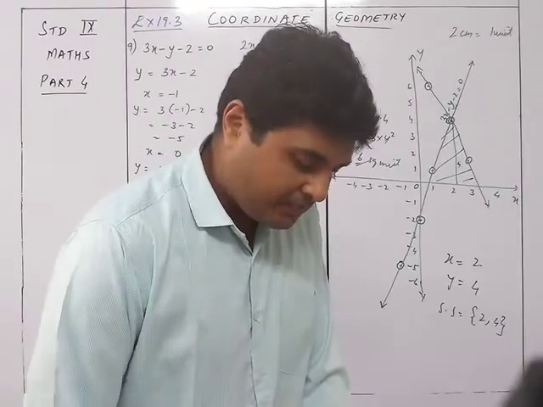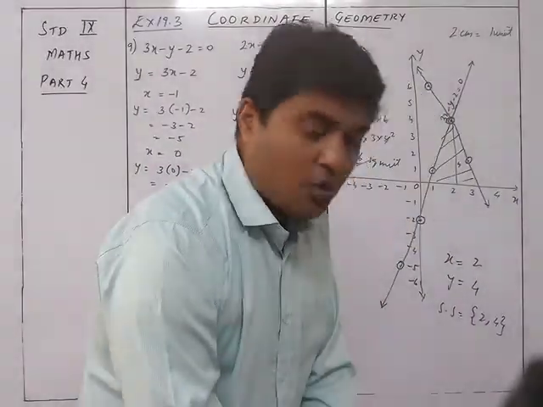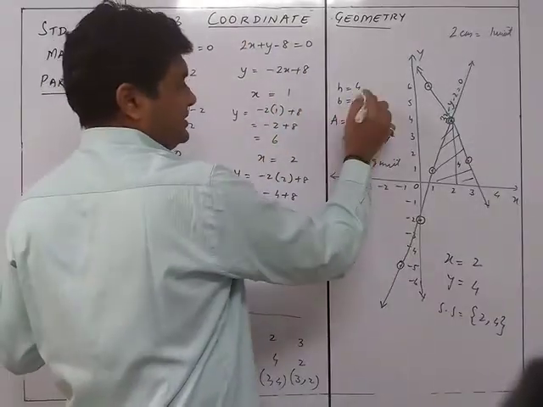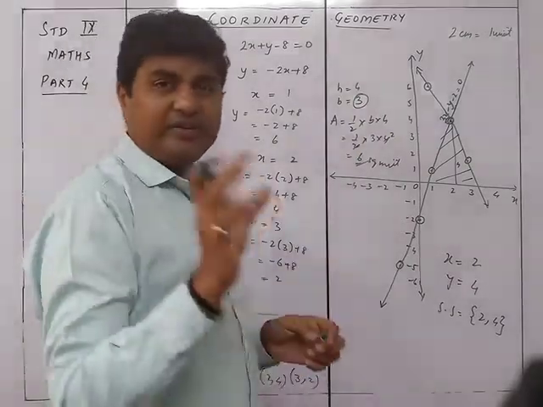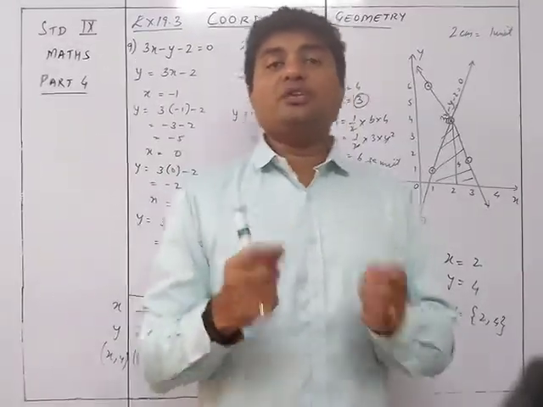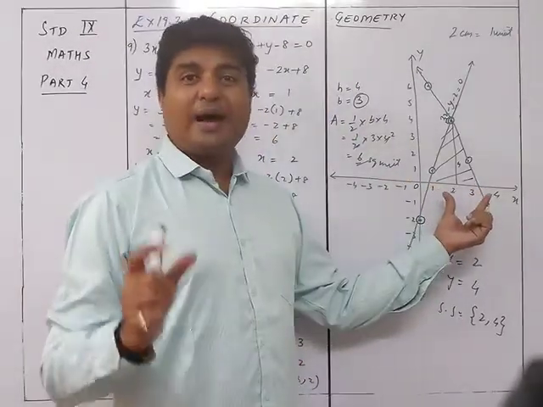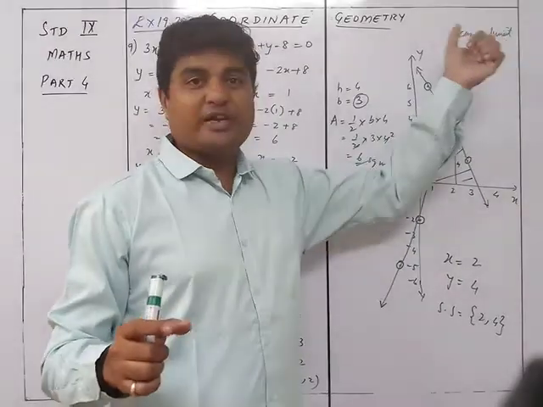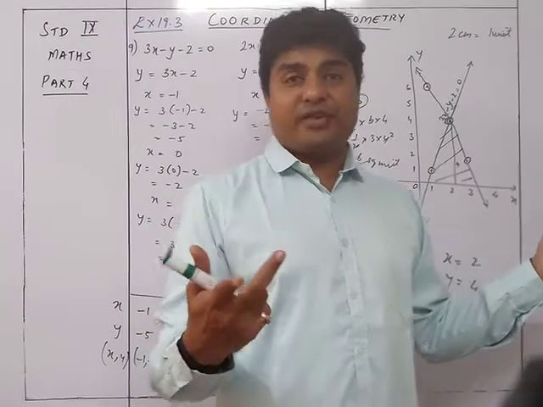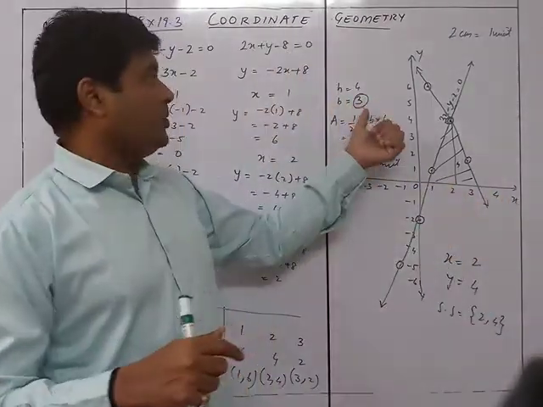Depending upon what exactly it is, if this is not 0.5 and this is not 3.5, you get a different answer. So you can see in the answer what they have given over here in the back, the answer is 6 2/3. That means this is not 3, this is something else. What you can do is also use a scale. Measure it with the scale, divide whatever answer comes by 2, because 2 centimeters is equal to 1 unit. So suppose that distance coming here is, let's say, 7 centimeters. So it is 7 centimeters, you are going to take 3.5. Then the answer over here will be 3.5.